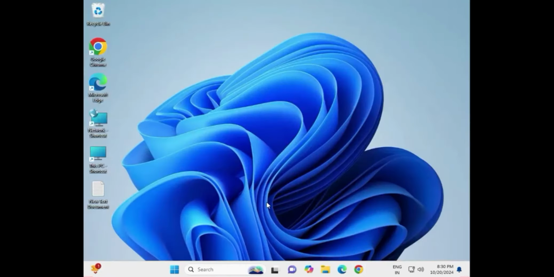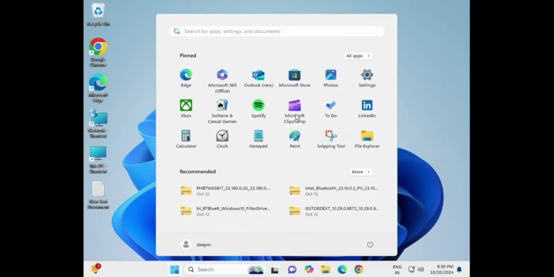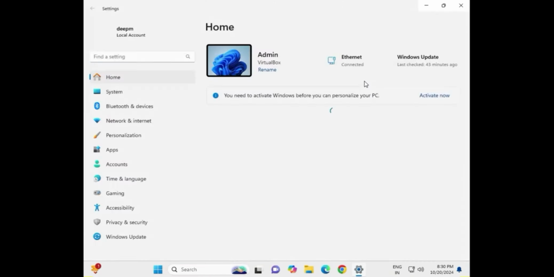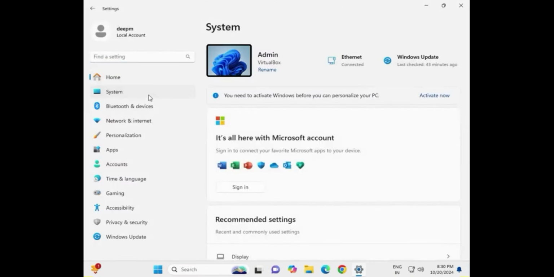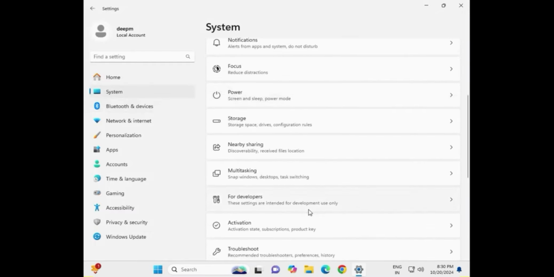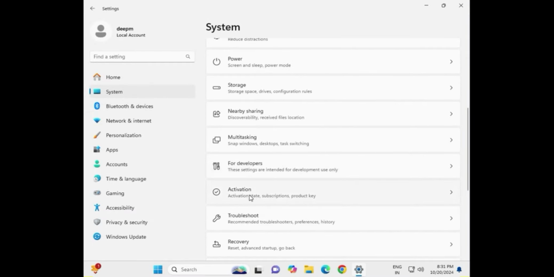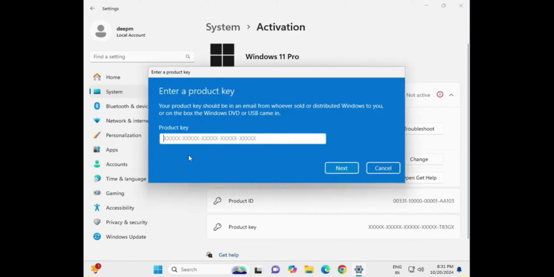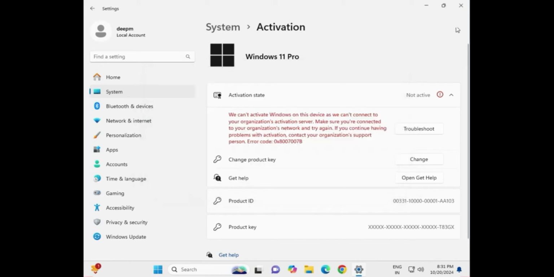Second method, guys: verify and re-enter the product key. So same location: click Start, go to Settings, then click System, scroll down, click Activation, and then click Change product key, and again type your product key. Okay, third one,